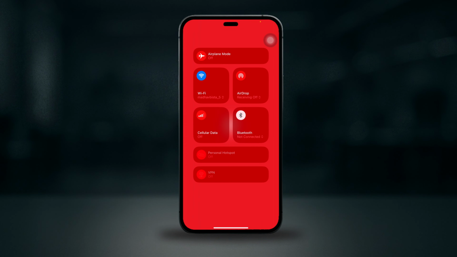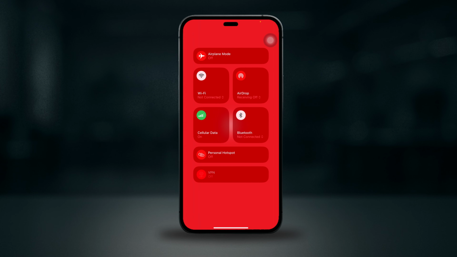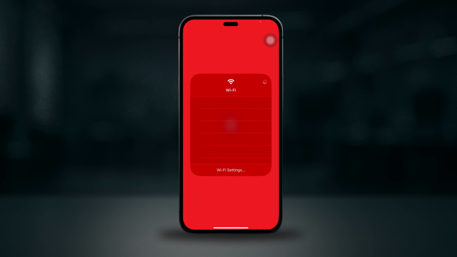Now, go ahead and check your internet connection and try switching between Wi-Fi and mobile data. If you're not able to do so, then make sure that you're connected to a stable Wi-Fi so your app